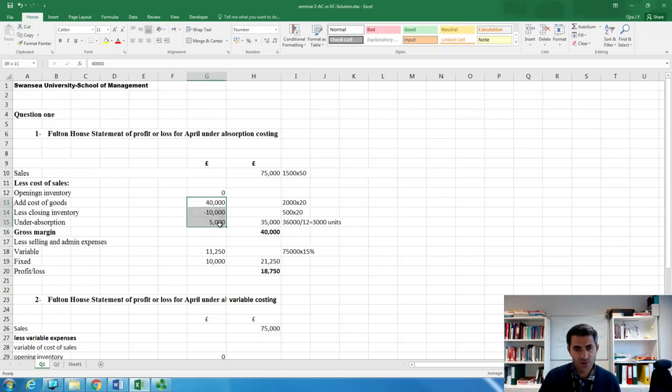So if you add them together and minus this, you should find 35,000. And in order to calculate the gross margin, easy, this is sales minus cost of sales here. This is the product cost. Now comes the period cost. When it comes to period cost, you need to deduct the selling and admin expenses. And in the question,